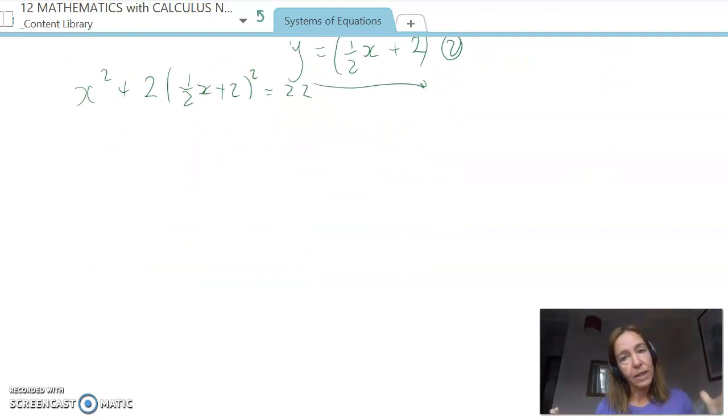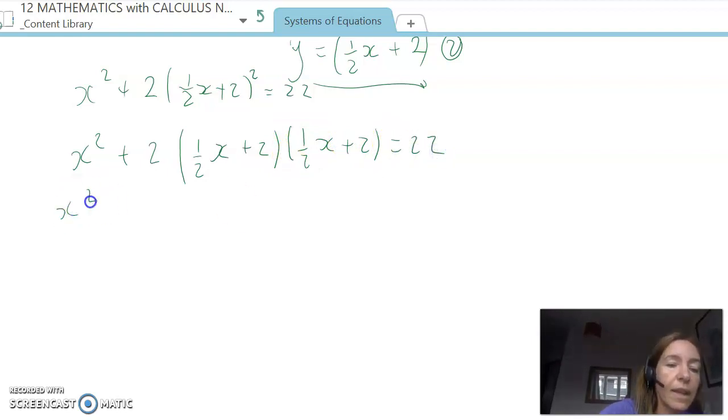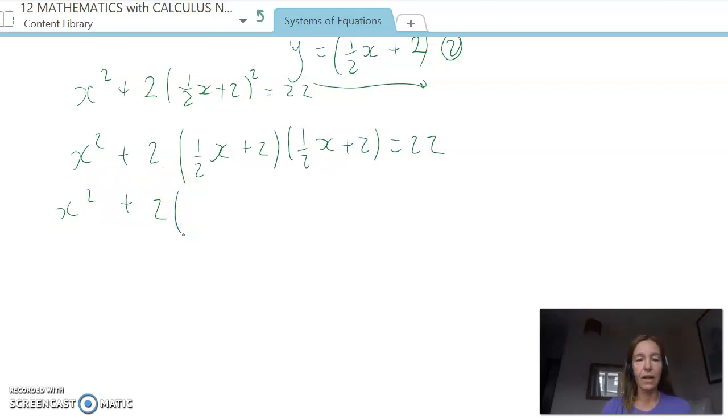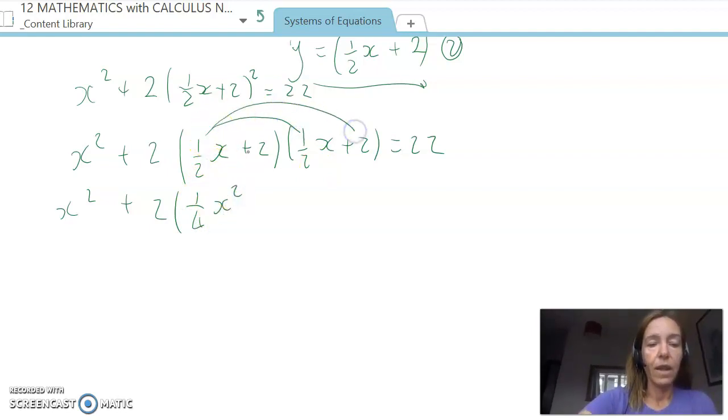I am going to show every single step. Obviously, if you can do it and get it right without showing both of the brackets, you go for gold. But seriously, get it right, because you know how I go off. Okay, so 2 a half x plus 2 times a half x plus 2 equals 22. X squared plus the 2 is going to stay there. Okay, a half x times a half x is a quarter x squared. A half x times 2, a half of 2 is 1 x. A half of 2 is 1 x plus 4